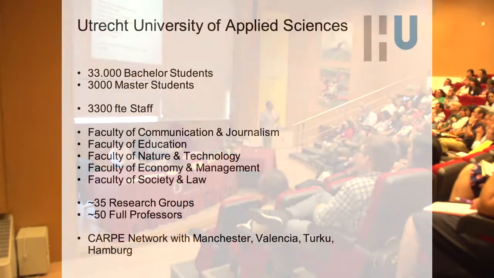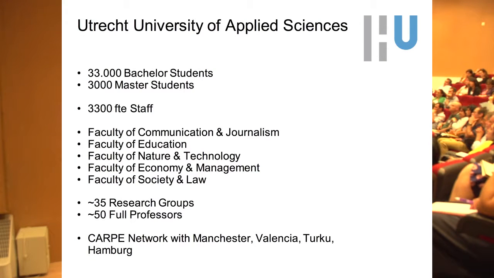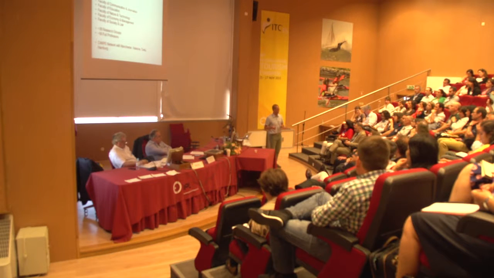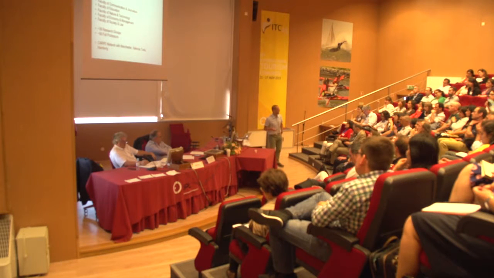University of Applied Sciences. So just a very quick screenshot of what we are. About 30,000 students, about 3,000 bachelor students, 3,000 master students. These master students are professional masters, so they typically have to have at least 5 years of professional experience, and these masters are not funded by the government. So they have to bring quite a bit of money, and usually the company pays partly. So we get a very practice-oriented kind of masters in our institutions.